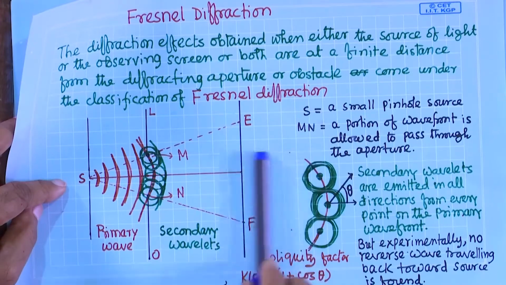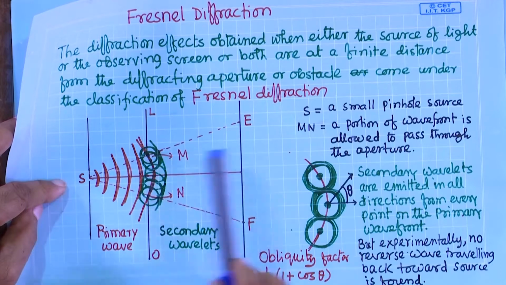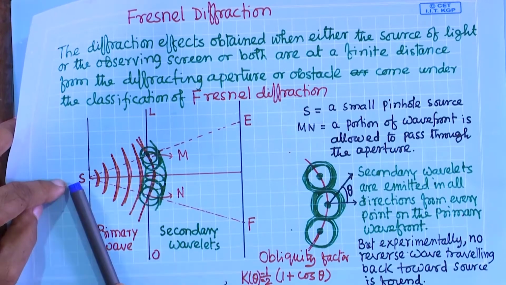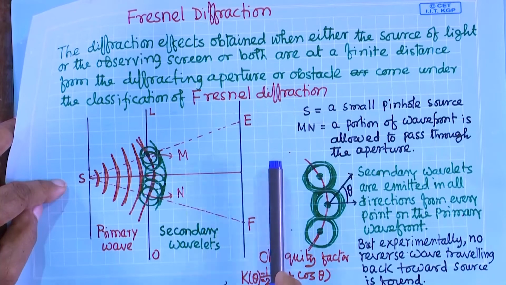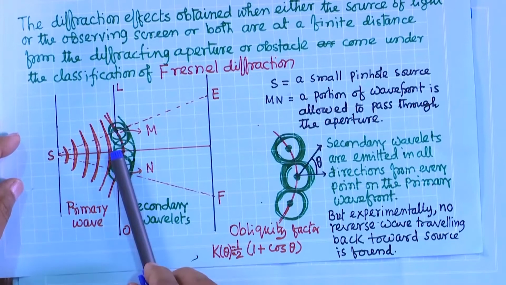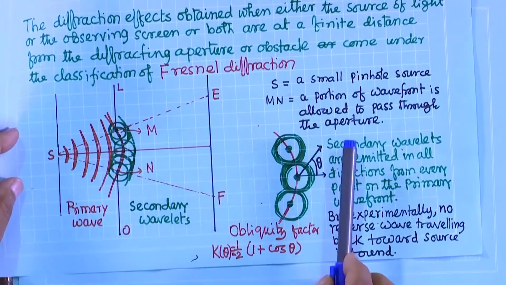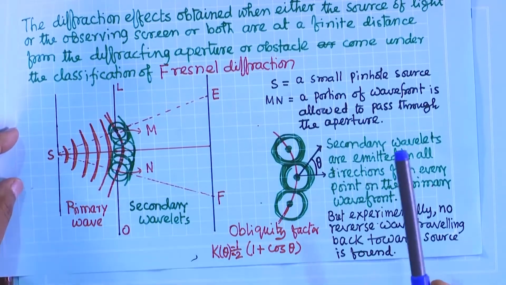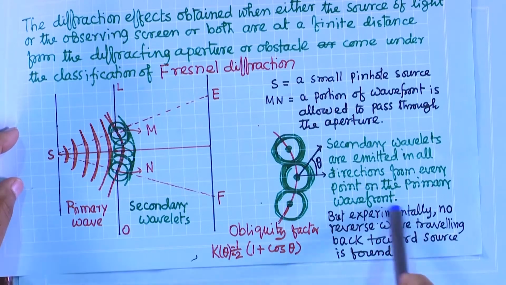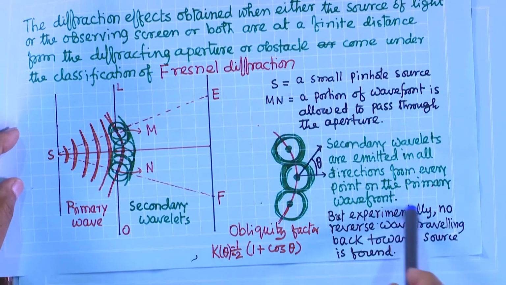So in the backward direction also there should be a reverse wave travelling towards the source, but experimentally it is found that this is not possible. We never get any backward wave; always we get the forward wave. To account for this experimental observation,